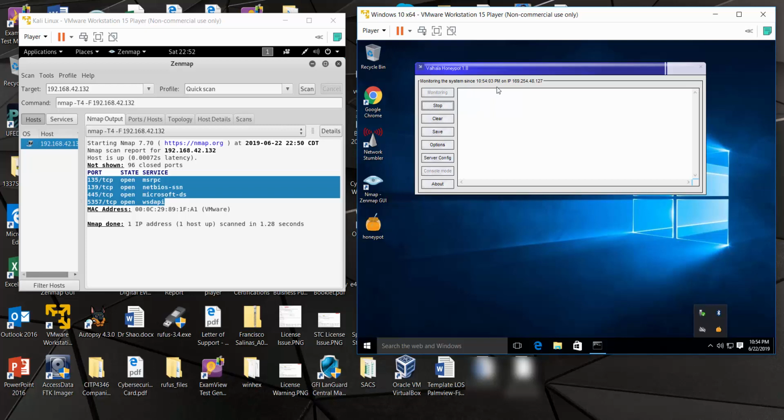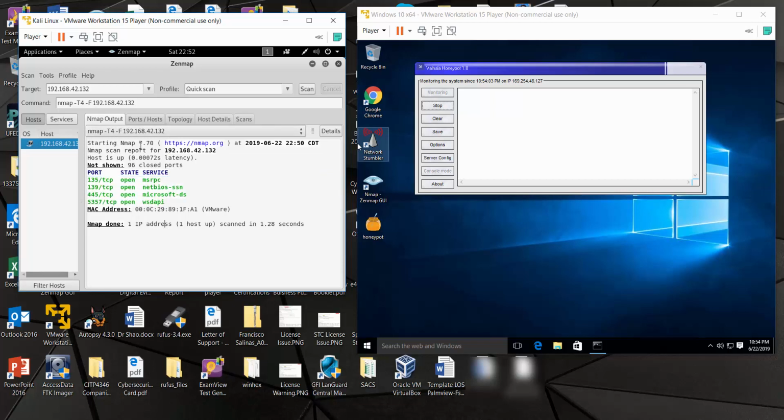Let me just make sure that it's running. And here it is. There's a message giving me the timestamp when the service was started. Now I need to go back and scan it again. Remember that there are 4 ports right now, so I should see the new ports that I just